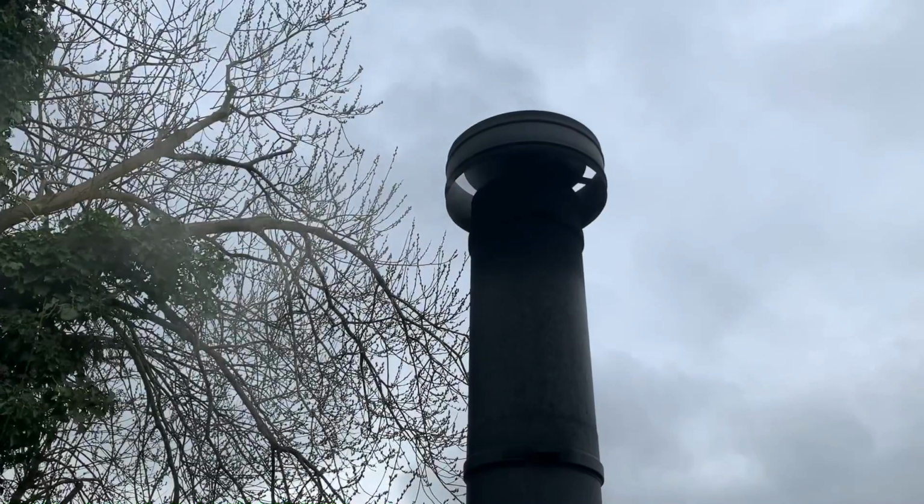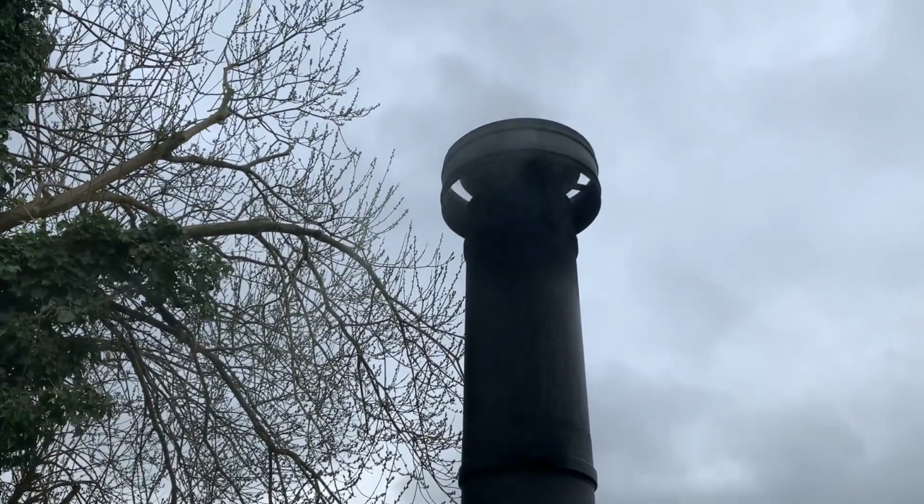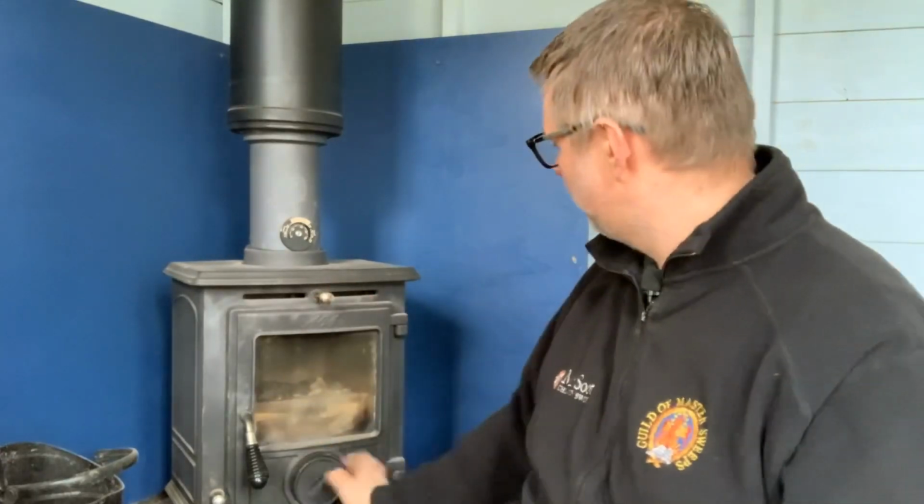Now, when this happens, all it produces is a load of smoke, and that smoke goes into the atmosphere, pollutes the neighbourhood, and your neighbours won't be too happy with you. The best thing to do to get the fire out as quickly as possible is actually the reverse of what you think. Is to open the air controls,